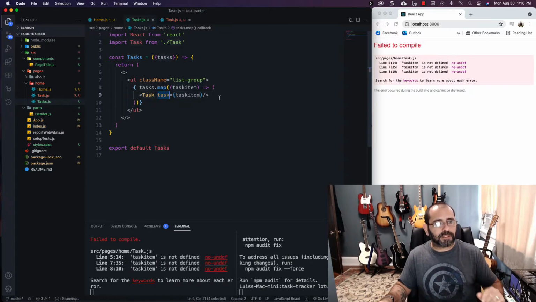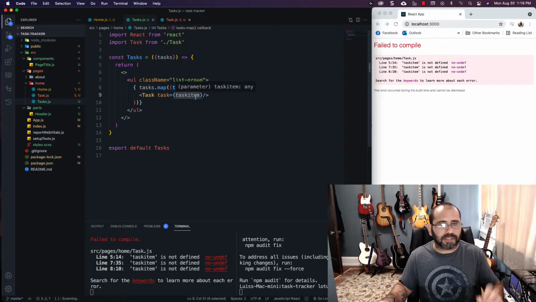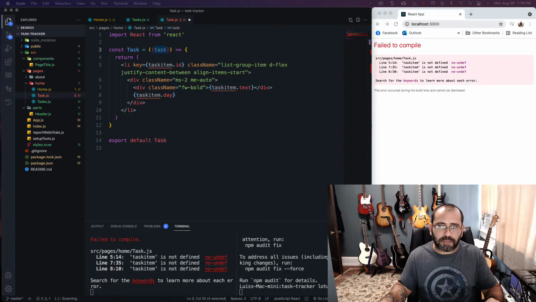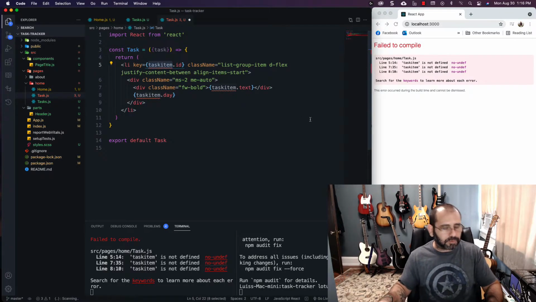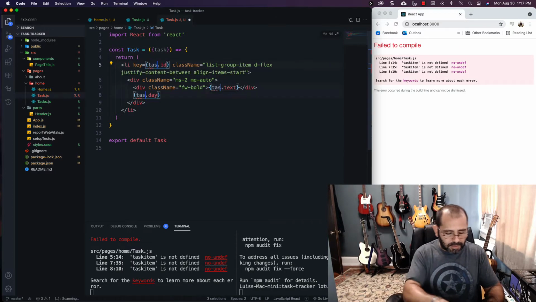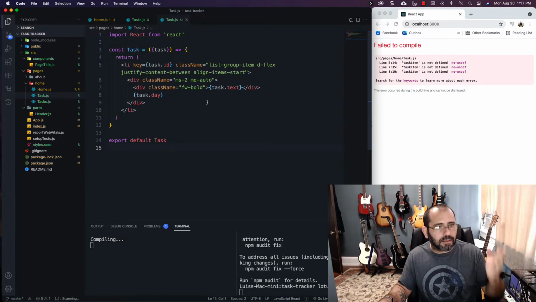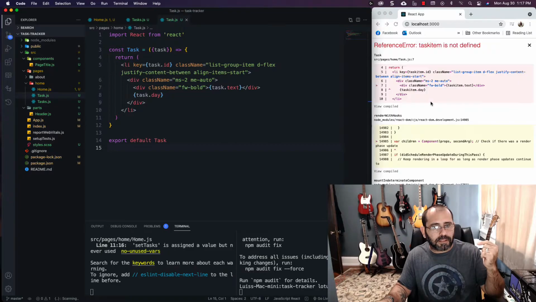So if I hit enter right here, I'm still not quite there, because now this task item doesn't really exist yet until I come over here to the actual task. And then you see this prop right here, that's the prop that I want to deploy out. So I'm going to Control D that, so I can select them all and hit task D, as in day, and hit enter, and then